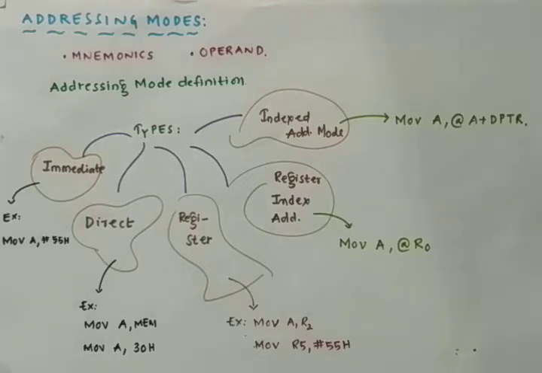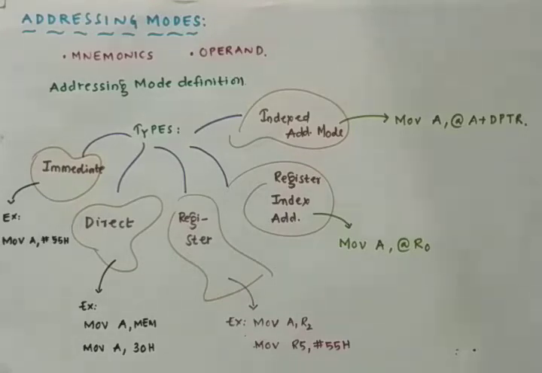Every microprocessor and microcontroller will have its own set of addressing modes and instructions. We know that the 8086 microprocessor has some set of instructions and some set of addressing modes. The addressing modes in the case of 8051 are almost the same as those of the 8086 microprocessor. In the instruction format of 8051, in the program or code, we will have the program structure, in which we have the mnemonic followed by the operands.